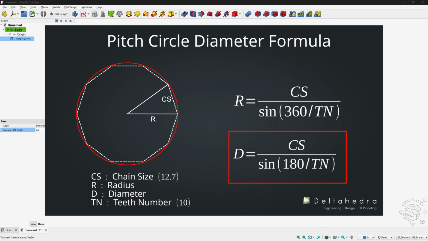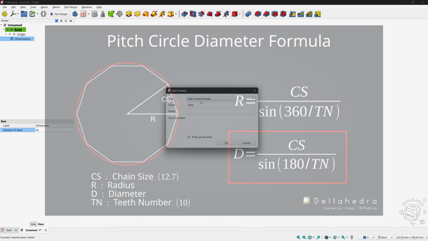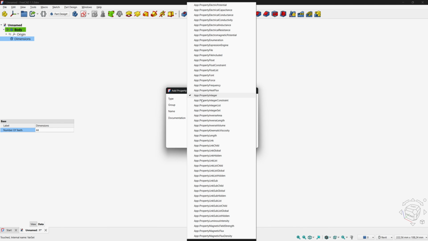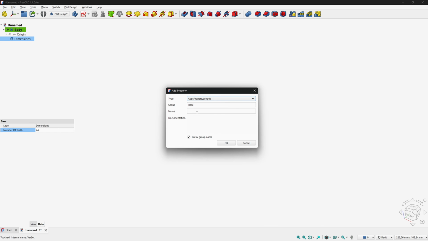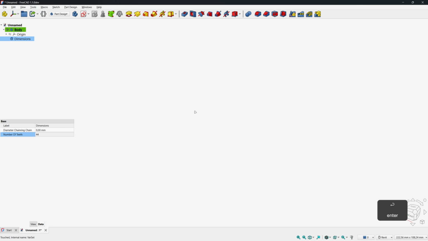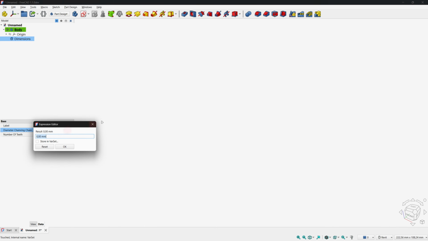In our case, we're using a standard bike chain with a pitch of 12.7 mm between each link. This formula might look a bit intimidating, but don't worry. Just remember that it lets us get the chainring diameter. Then do as I do. In the table, change the variable type to length, since the value will be a decimal, and give it the name DiameterChainringChain. Next, in the left menu, click on the value, then on the FX icon and enter